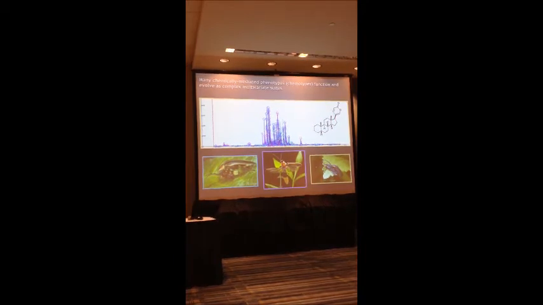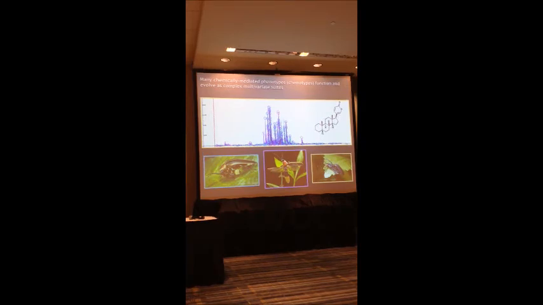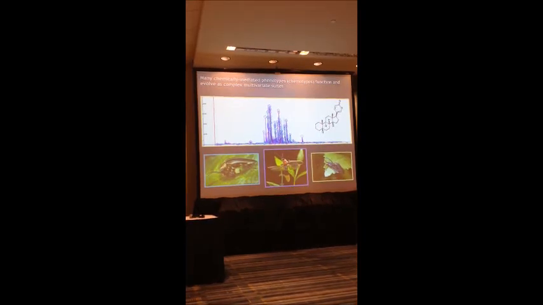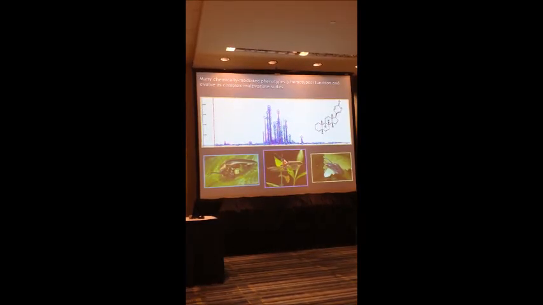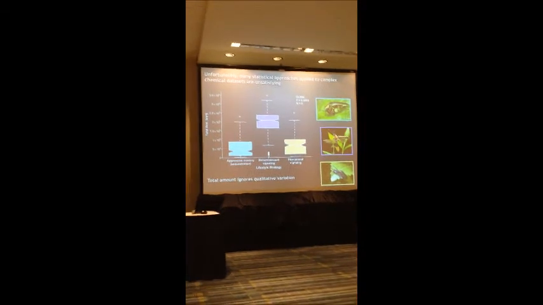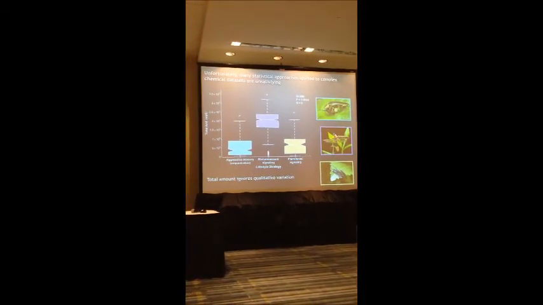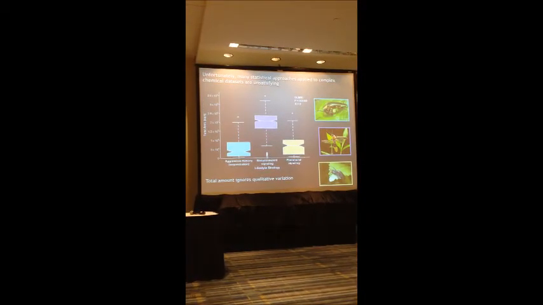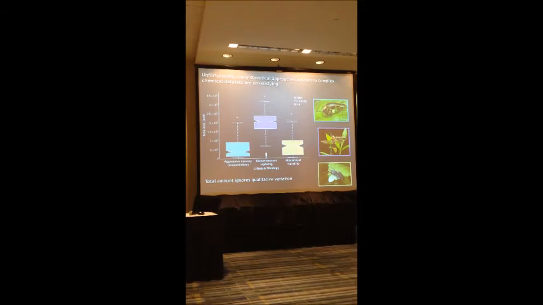And so, how might we try to analyze this complexity? Well, the classic way that we might do this is to completely ignore the qualitative aspect of the variation, lump everything together, and talk about total amounts. So, what happens if we do this? So, here we have lifestyle strategy on the x-axis, and we have the total amount on the y-axis, represented as the sum of the square root of each peak area.